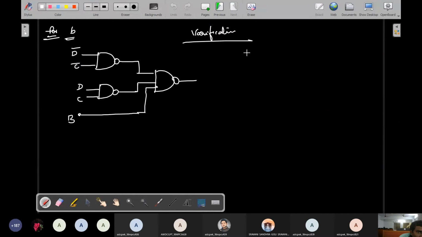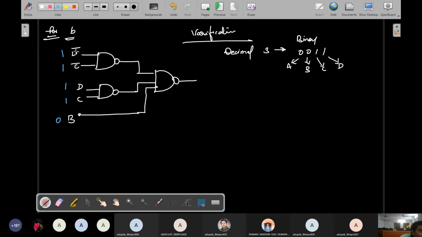Okay, so simply I use verification decimal 3, for binary 0011. So this is the binary digit. Right now this indicates A input, B input, C input and D input. So these are the inputs. Now I'll give those inputs, using another color. So 00, then D value is 1, C value is 1, and B is 0.